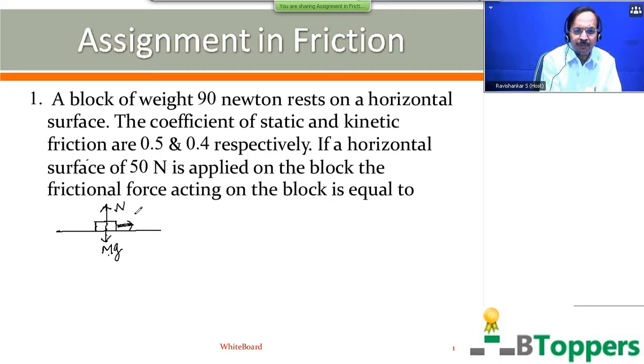Let capital F denote the magnitude of the horizontal force applied on the block. Let us suppose it is directed towards right, with a magnitude of 15 newtons. The horizontal force applied on the block in the given figure tends to move the block towards right relative to the floor. So the force of friction on the block by the floor acts towards left side. Here small f represents the magnitude of frictional force on the block by the surface of the floor. It acts towards left side.